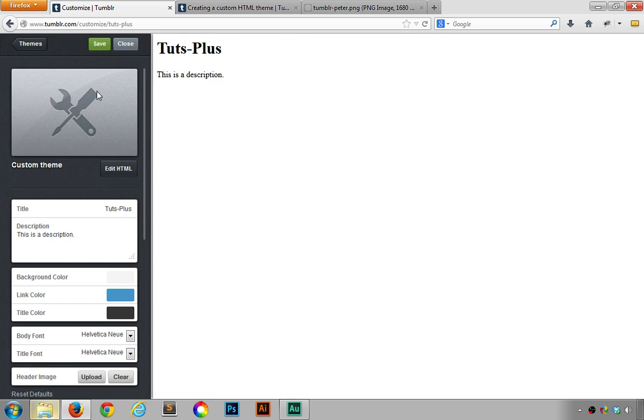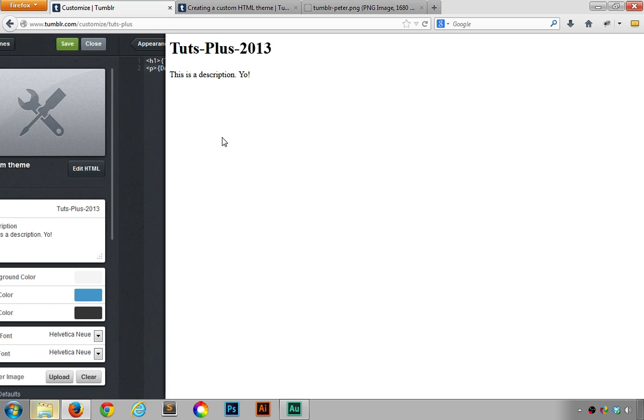Now, if I just go back, you see these two boxes here, they relate to this content here. These boxes control this content. So this title box controls the title of our blog, and this description box controls the description for our blog. But this is where we input that content. So if I change this to something else, as you can see, the theme preview is updated, and now Tumblr is still returning this content as it's been updated. So if I just go back to the HTML editor,